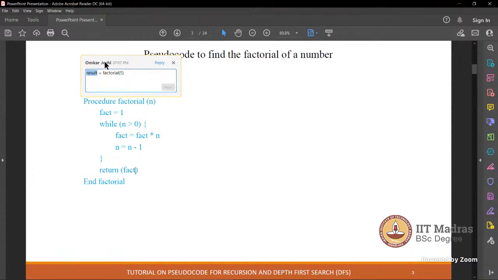So at the end of the execution of this pseudocode, what will be the value of result? That's the usual question we ask, right? Or what it will represent. Either we ask the actual value or we ask what it will represent. So what will be the value of result at the end of execution of this pseudocode? 120. What it will represent? It will represent the factorial of 5, the number given over here. In this case, 5. Or if it's some generic thing, you can say it will represent the factorial of z, right? Yes, sir. Is that part clear? Still, we have not touched recursion.